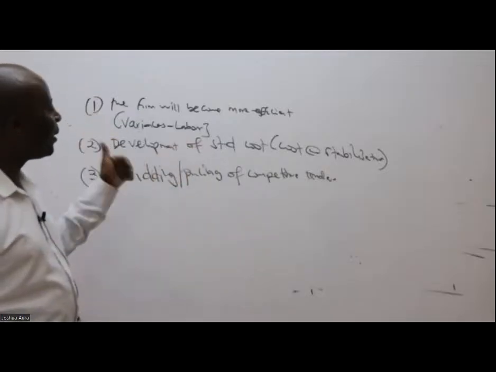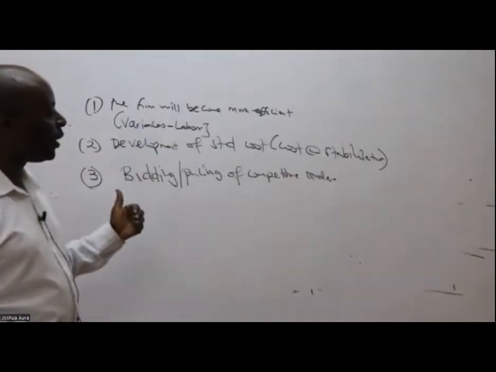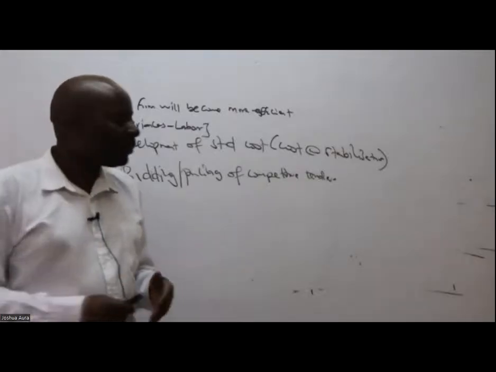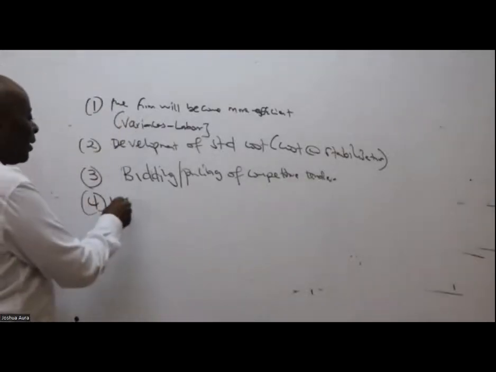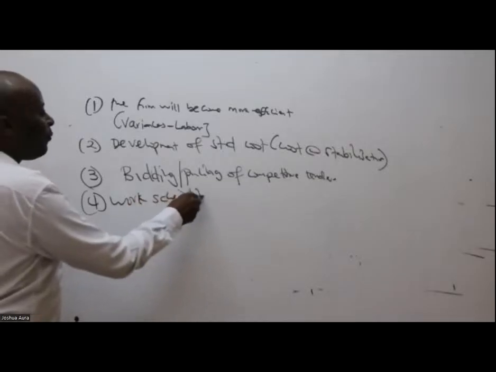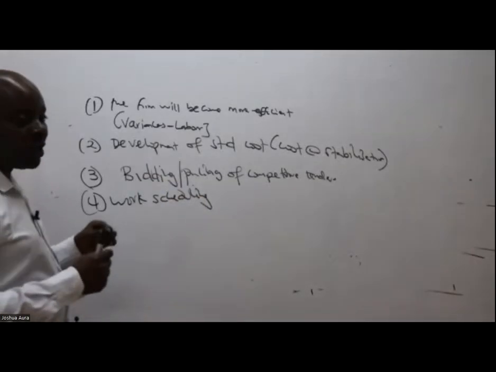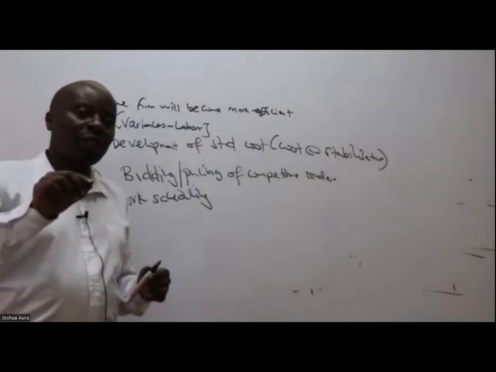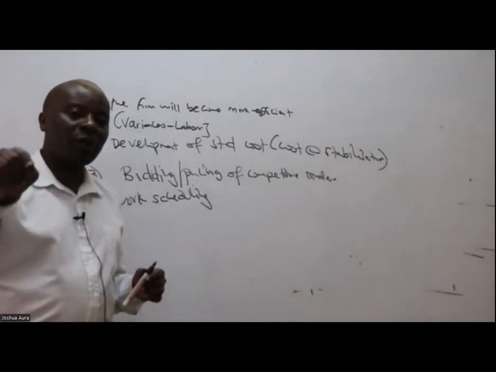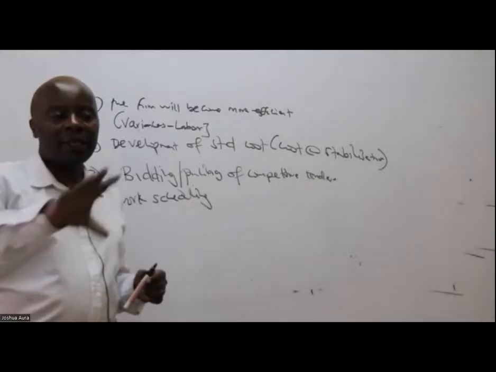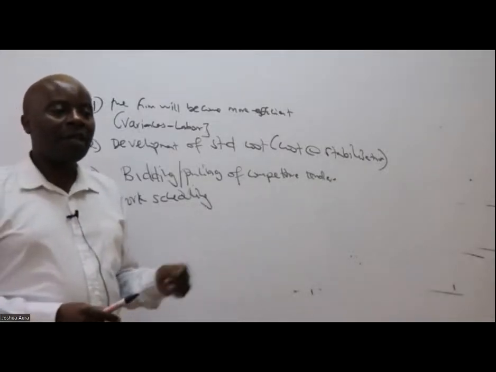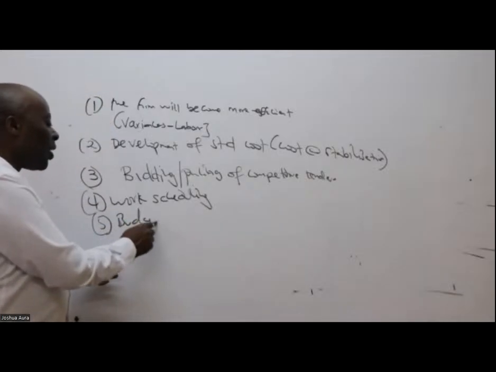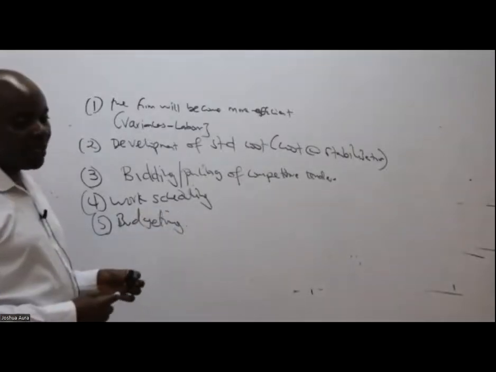Always, whenever you're asked, ladies and gentlemen, to give us applications of learning curves, always remember things like pricing. Remember things like what here? Work scheduling, planning for jobs. Because through labor costing, you'll be able to know that this particular job will take this number of hours. Let me schedule like this. Let me schedule it like that. So it will be very, very important. It's also used, of course, for budgeting. You can also put this as an independent point, budgeting, etc.